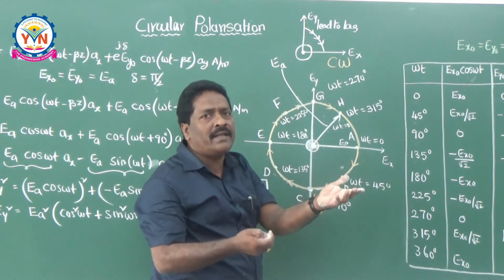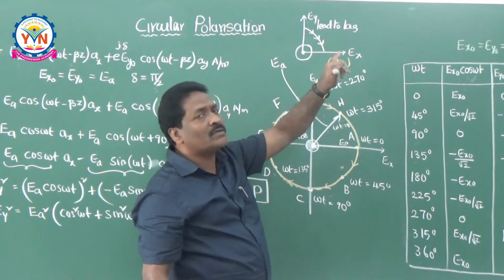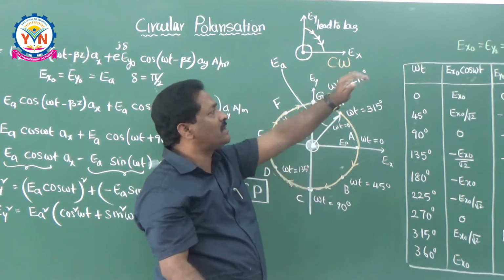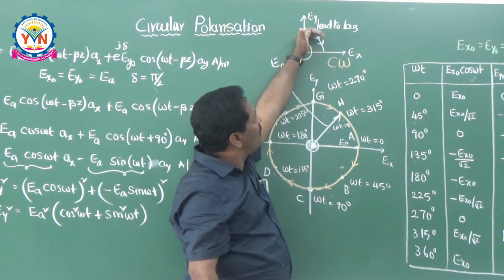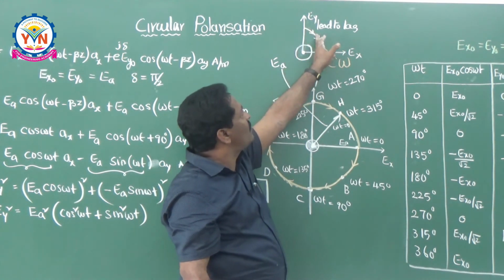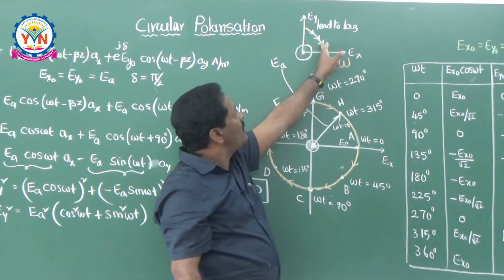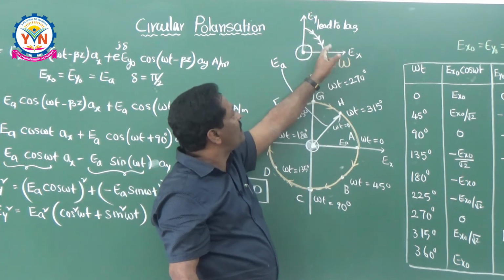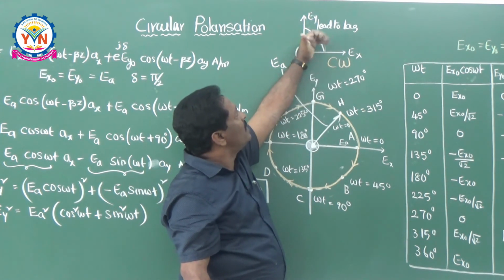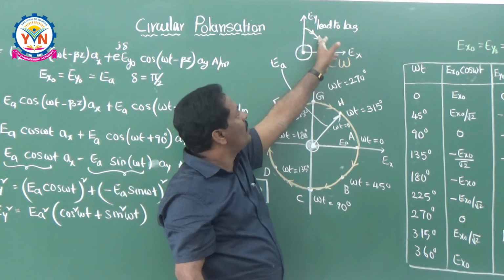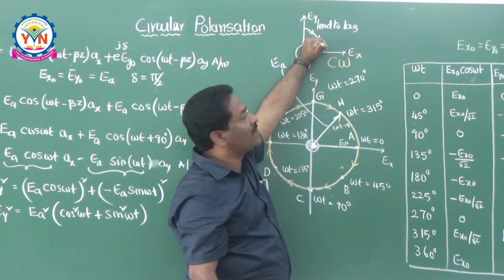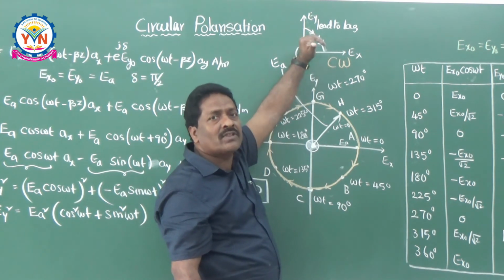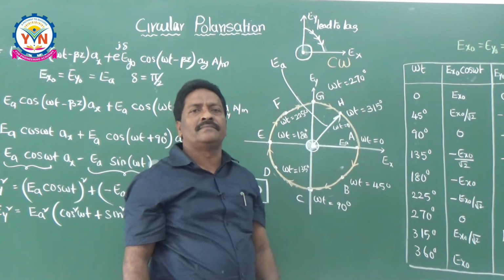Now you put your hand here. The thumb should always be in the direction of wave propagation. Take the left hand and place the thumb in that direction. The other fingers are giving the direction of this electric field intensity. Since it fits, this curling of these fingers is matching this direction. So it is nothing but the left hand that is giving the justification for this. That's why it is called left circular polarization.